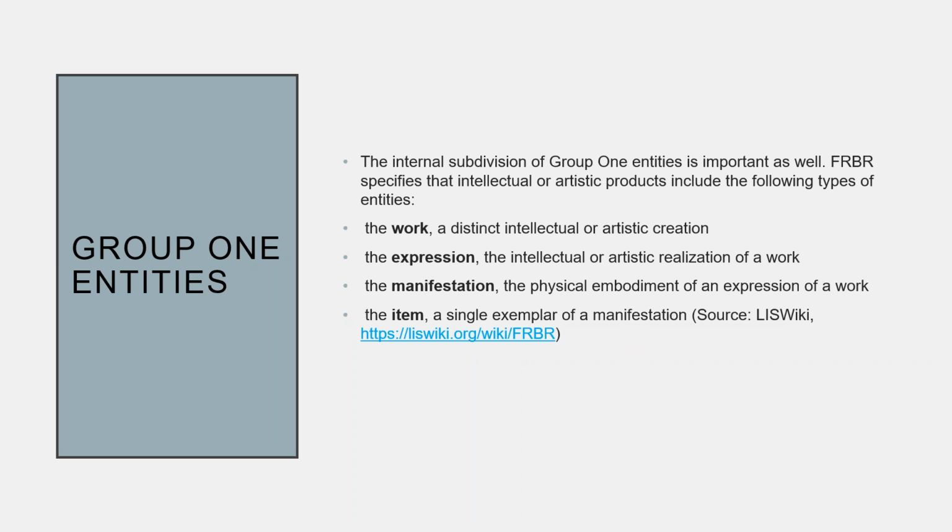Okay. All right, so let's talk a little bit more about the group one entities. The internal subdivision of group one entities is important as well. FRBR specifies that intellectual or artistic products include the following types of entities. So you've got the work, which is a distinct intellectual or artistic creation, the expression, the intellectual or artistic realization of a work, the manifestation, the physical embodiment of an expression of a work, and then the item, which is a single exemplar of a manifestation. And this, of course, is WEMI,